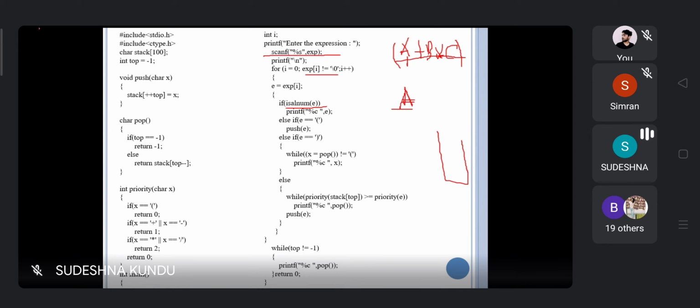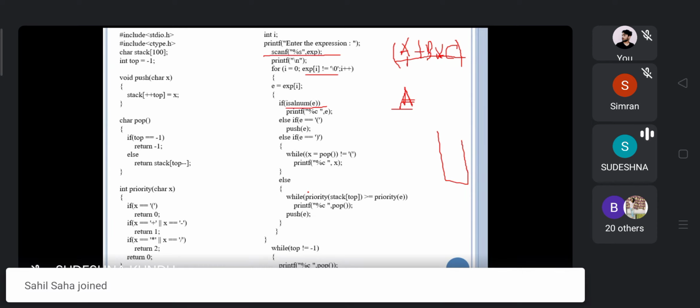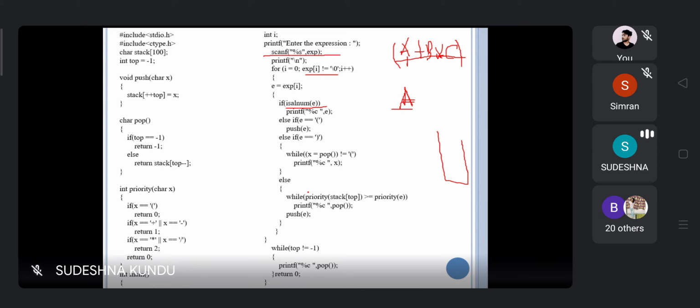In case of operators, we need to check the priority. If the priority of this operator is higher than the previously entered operator, then we have to pop the previously entered operator and push the new operator into the stack.